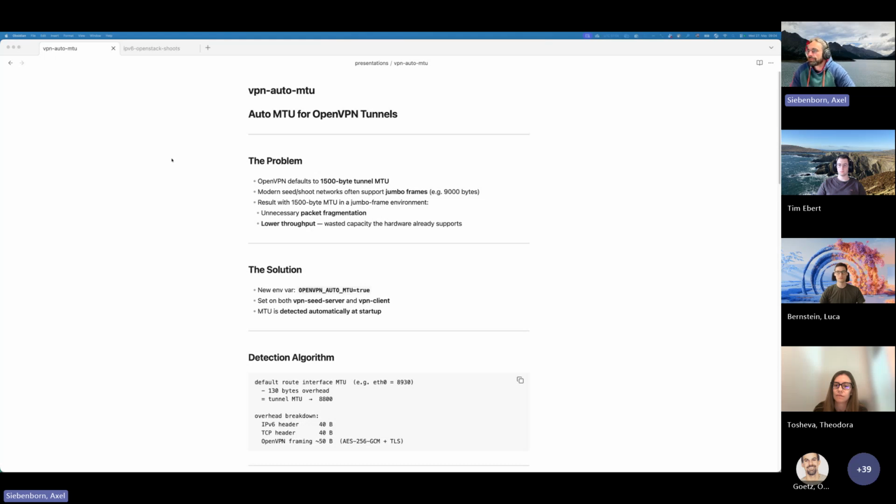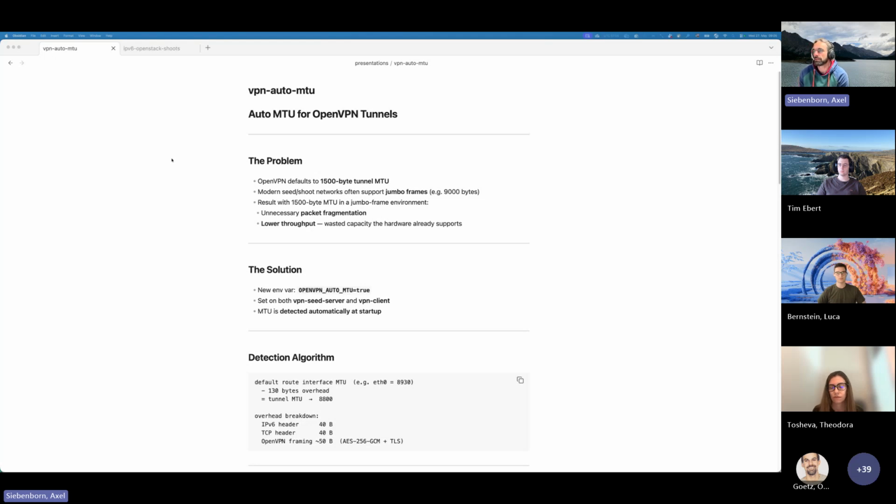So with this small MTU in the VPN, we had unnecessary packet fragmentation and a lower throughput, actually wasted capacity that is actually supported. And we've seen a big problem